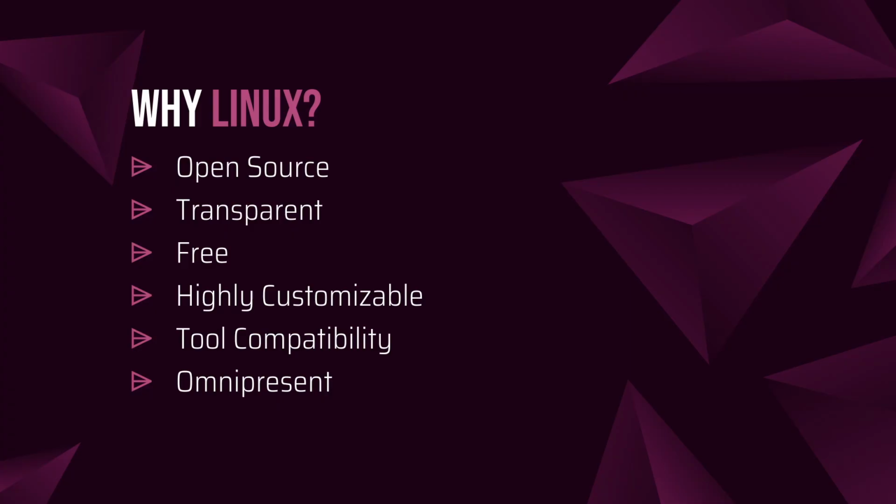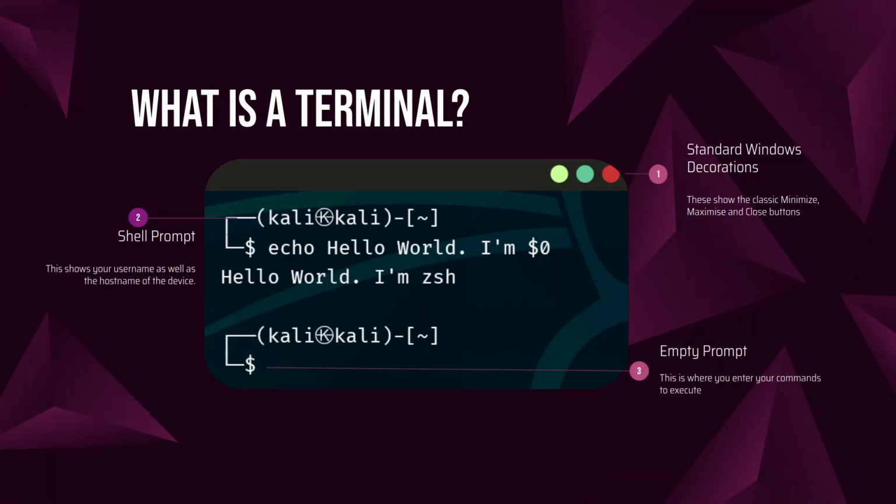So yeah, what is the last point? The last point is omnipresence. Well, Linux is everywhere. So once you learn it, you can use it anywhere and everywhere. If you use Windows and you hack into a server, well, the server won't be running Windows, so you won't know what to do with it. But if you learn Linux, you can hack anything from Wi-Fi routers to operating systems to mobile phones, Androids, cars, smartphones, servers, anything. And the Linux kernel is the same everywhere. So it gives you the power to control and change systems anywhere and everywhere you want.